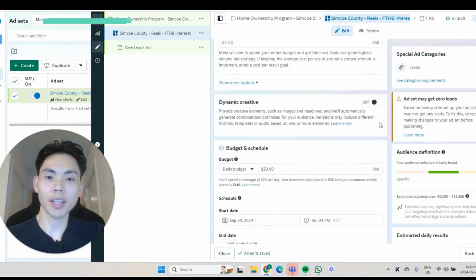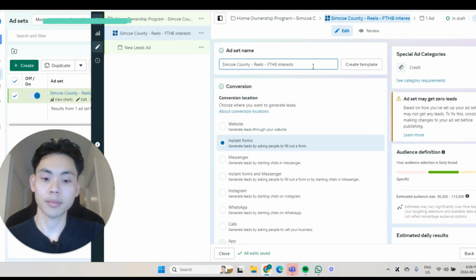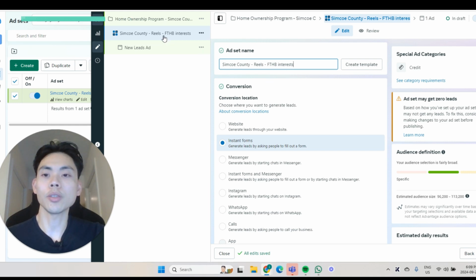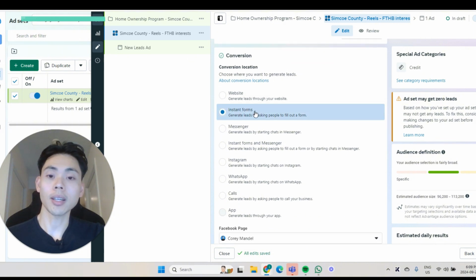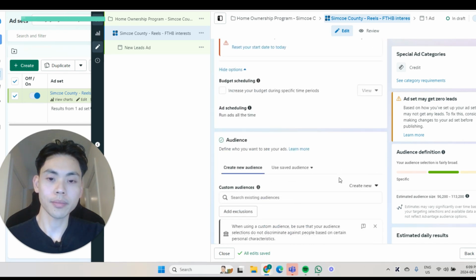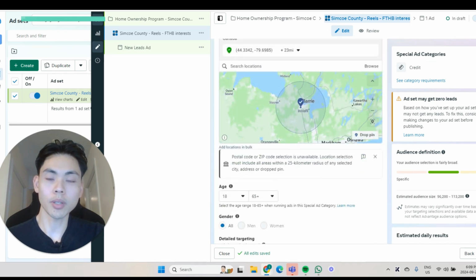So I will just update this, or I already have with reels. And that way you'll remember, like, okay, this is the area, this is the placement, this is the targeting, and you'll be able to test a lot better if you name it properly. So that's targeting. Now we have to create the form. This is extremely important. So I'm going to create an instant form. In the next section, if you go to next,